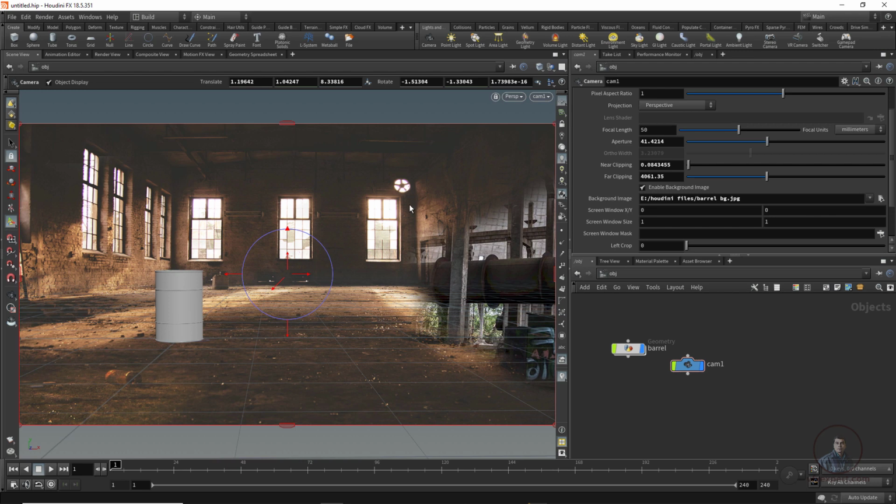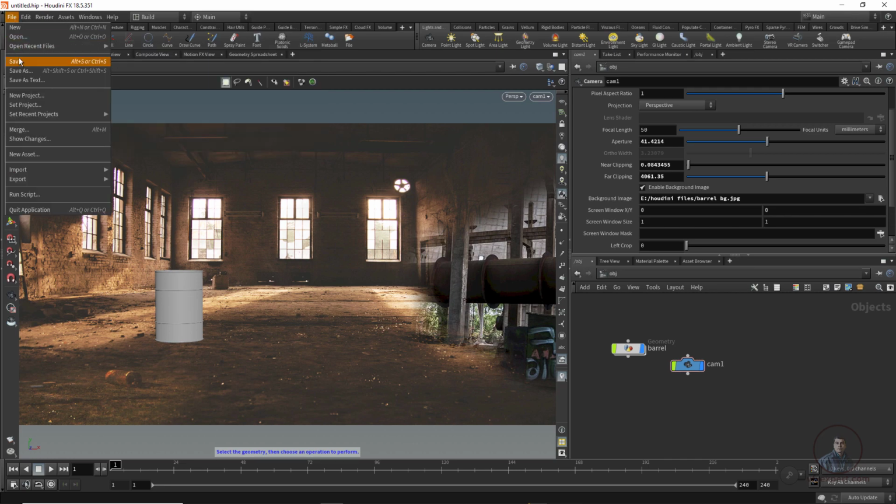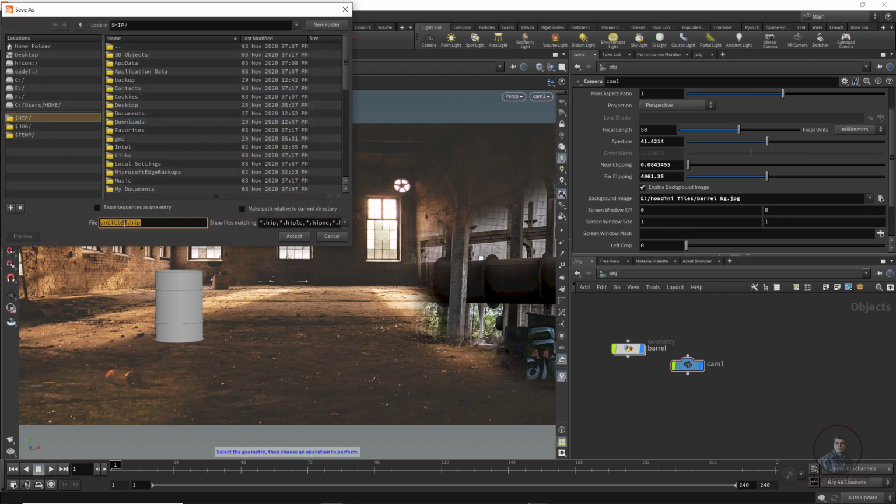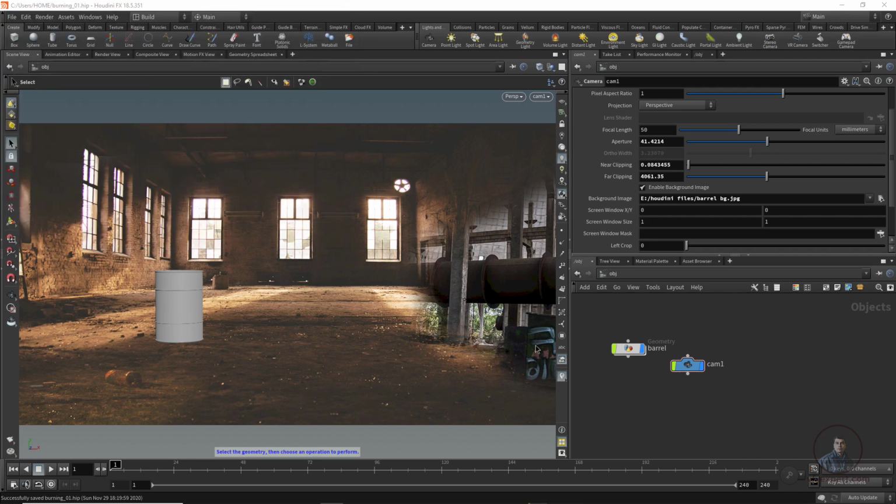Now you are inside our camera view. Simply click on selection view. Now I have created our camera view. You can switch off the grid here if you want. Before continuing further work, save our project. Click on File, then Save, give a name, whatever name you want, then simply accept.